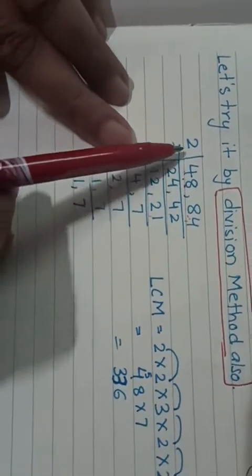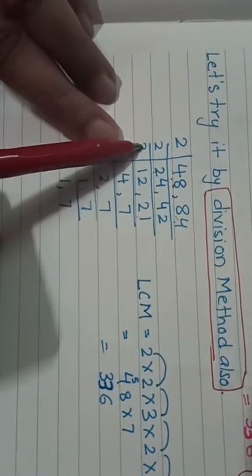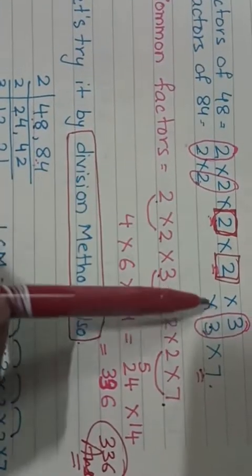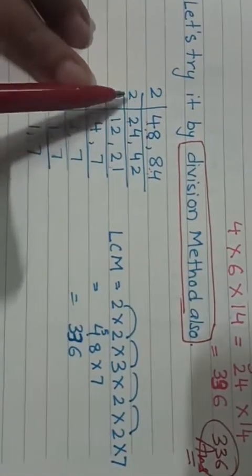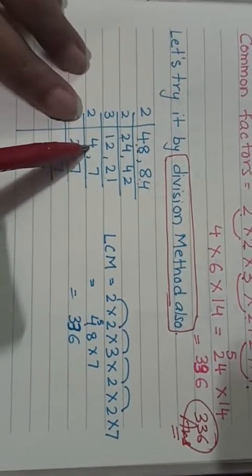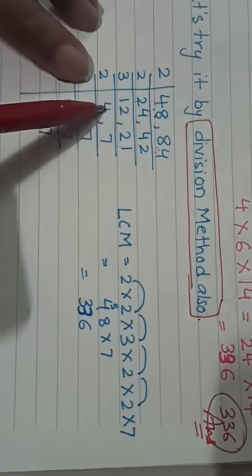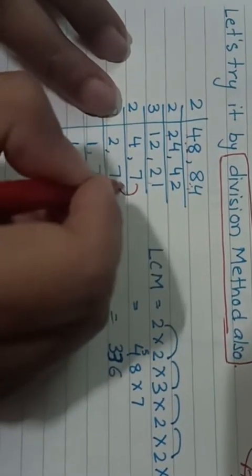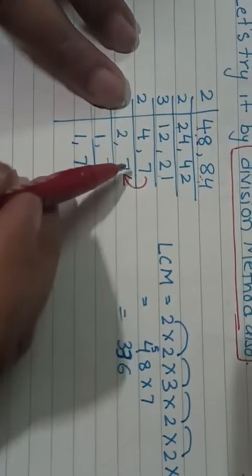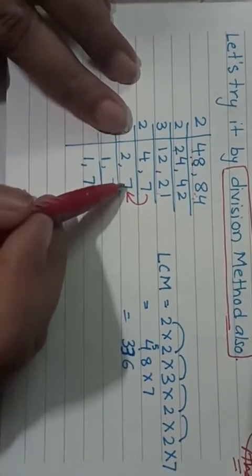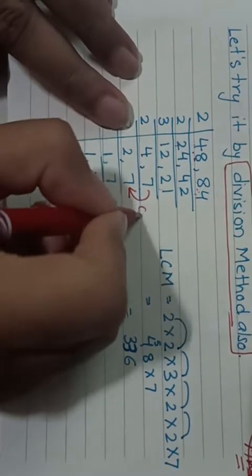Children, if you see, we've got the common factors, the numbers which were repeated, like 2 was repeated, 2 was repeated and 3 was repeated. So here we have got these. Now we got 4 and 7 with this. We'll divide it by 2 again. 2 2s are 4. 7 is not divisible, so we will copy it just like that. This is a very important step. Note it down that this 7 which is not divisible will be copied down as such. You have to copy it down.